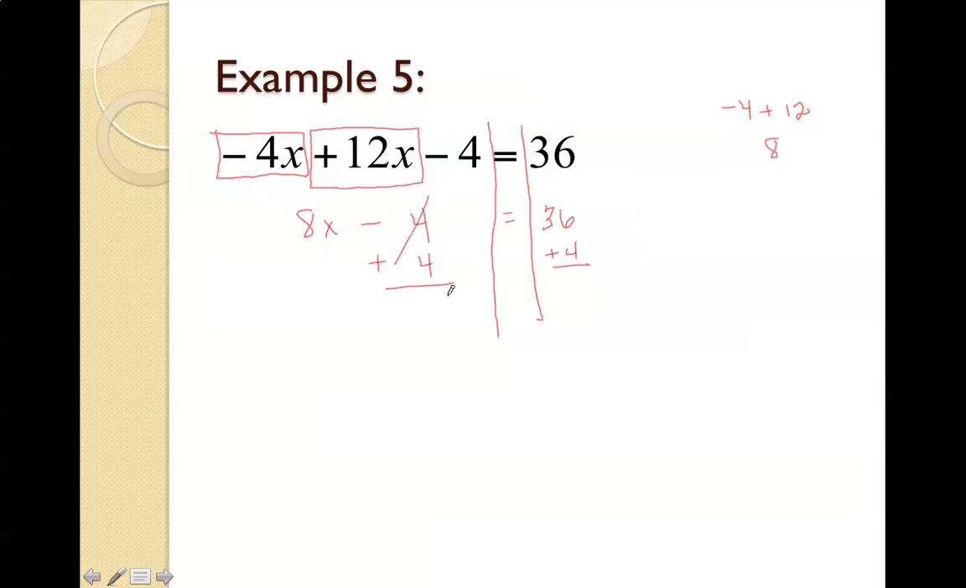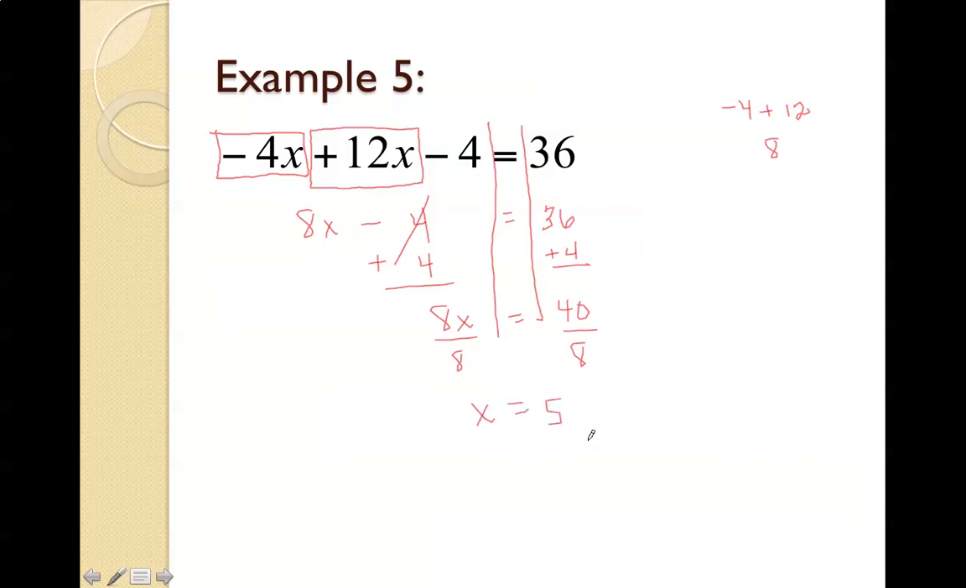These 4's cancel out, and I'm left with 8x equals 36 plus 4 is 40. Now I notice that x is still attached here to an 8. I notice that they are multiplying 8, so I want to do the inverse of multiplication, which is division. So I want to divide both sides by 8, and that gives me x equals 40 divided by 8 is